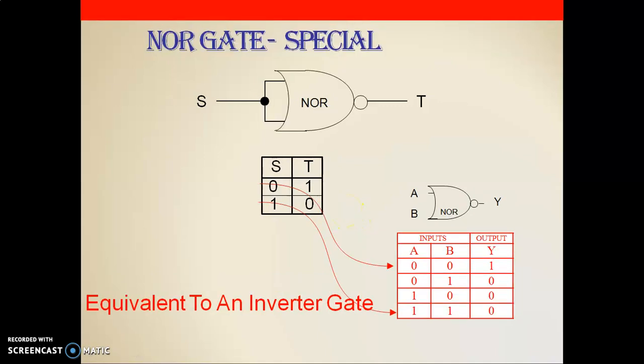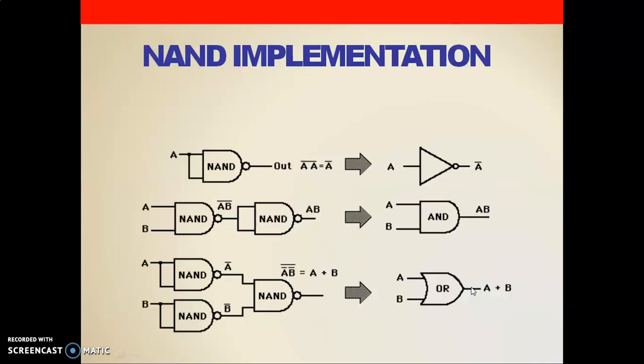Same like that, the NOR gate, by providing a single input. And according to this, this is the main truth table of the NOR gate. This is the NAND implementation. How can we implement an AND by using two NANDs? This is the first NAND. It has the output AB bar. This output is again provided to the second NAND, and we get AB. That's why it is called the NAND implementation. Same like this.